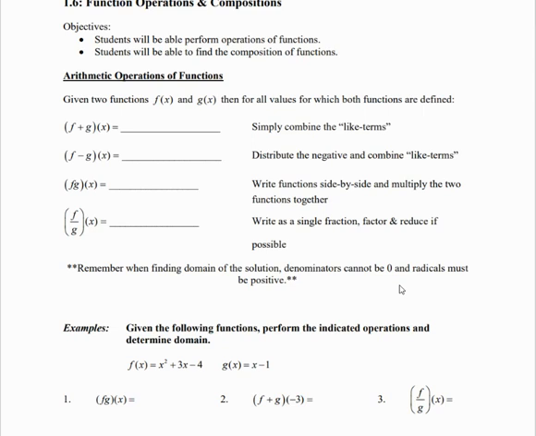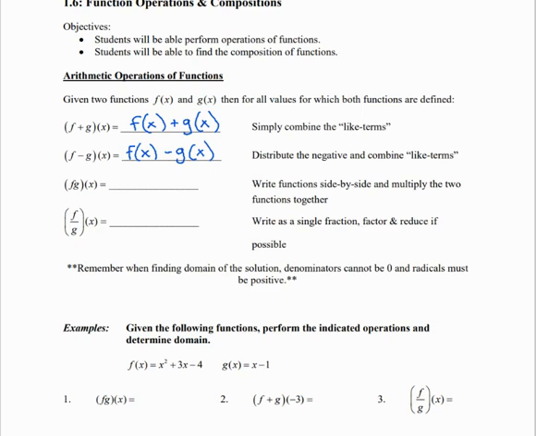But if we have two functions, then when you see this notation of f plus g of x, it literally just means to take function f and add it with function g. Combine your like terms and simplify. Same thing, when we are subtracting, we're going to take f of x and then subtract g of x. Just remember here, make sure to distribute that negative to everything of that second function, and then go ahead and